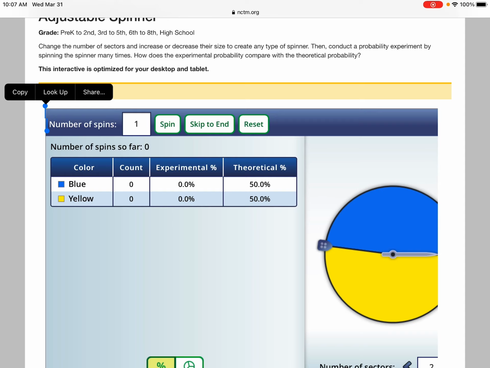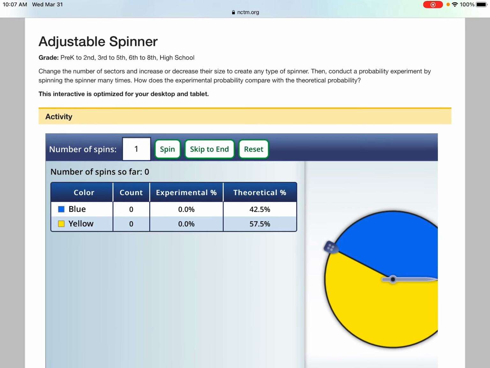Okay, so what I'm going to have you do is simulate 50 free throws. You could sit here and spin it 50 times. That could be a good use of your day, right? But what I would actually encourage you to do, oh my gosh.